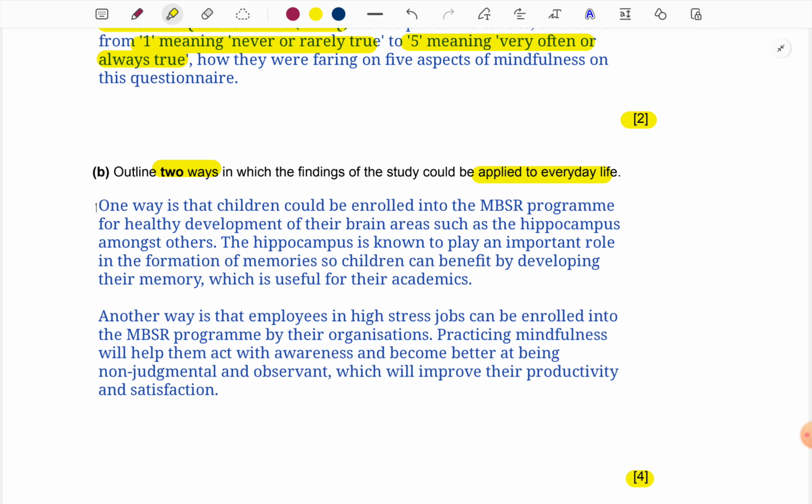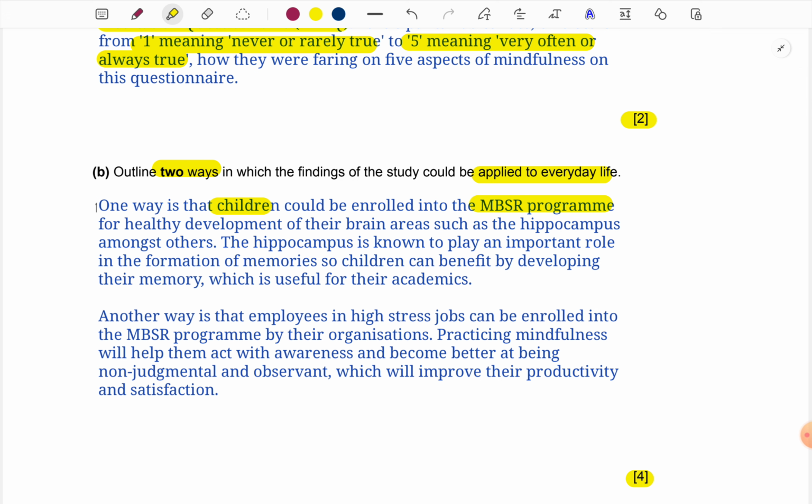Okay, so this answer also, don't just look at it and think it's long, because it includes the effects of doing mindfulness and because it explains how it is helpful. That is why it is long. That is why the need has been there to use so many words. So using words without any need, just for the sake of elaborating, just for elongating, is not going to get you marks. Coming back to the answer, definitely children or students can be enrolled into the MBSR program. That is a correct application. It's just that we don't leave it at that. We further elaborate why they should enroll in the MBSR program.